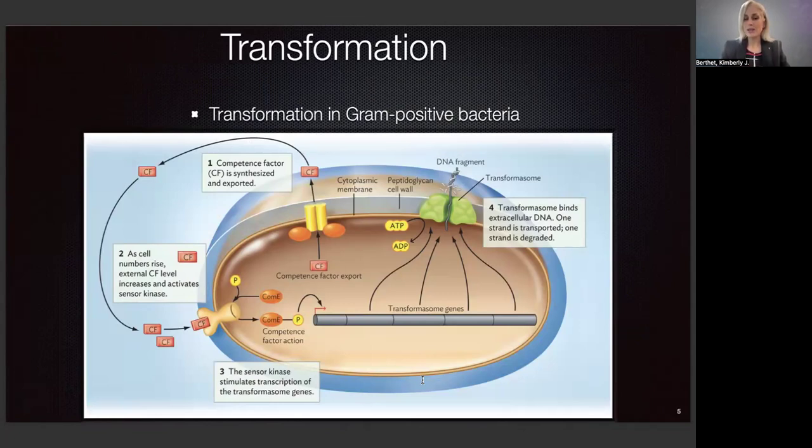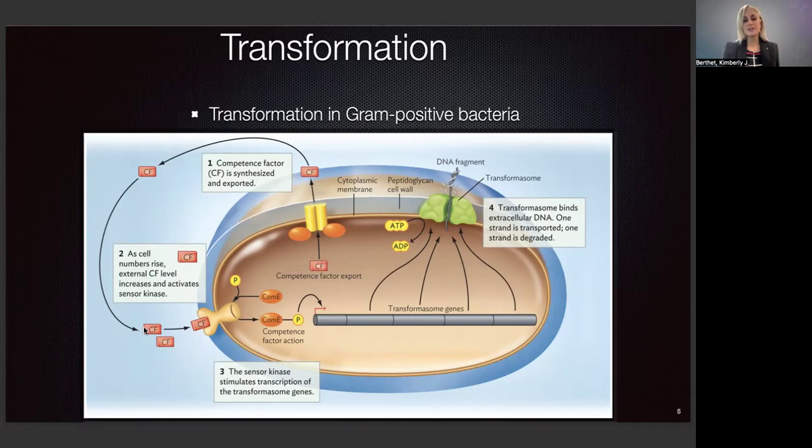So step one, in order for a cell to naturally pick up DNA from its surrounding environment, these cells have to be competent. When cells are in biofilms or surrounding one another, sometimes they release these competence factors, as we see here. So competence factor is being synthesized and exported. Step two, we see that as cell numbers start rising, so as cells around them are rising, we have more of these competence factors,